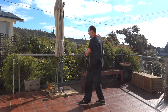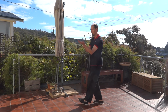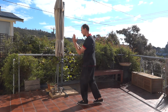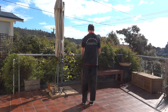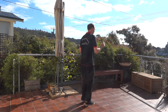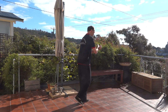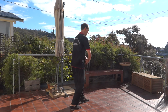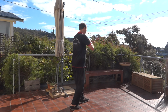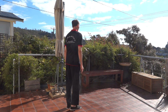palm up, step and follow, step back, wind up, release, back to the centre, and breath in to open, breath out to close, crossing the wrists, step back right, draw those fists in towards you, then down, stretch them out a little, back in towards you, palms down, press away, step in, relax